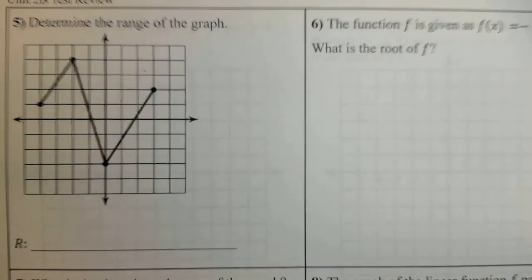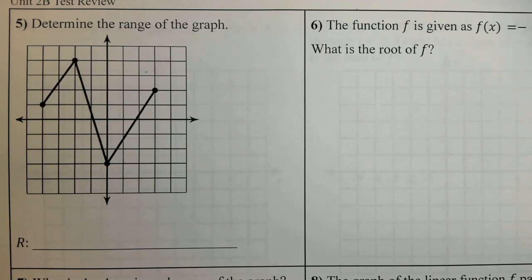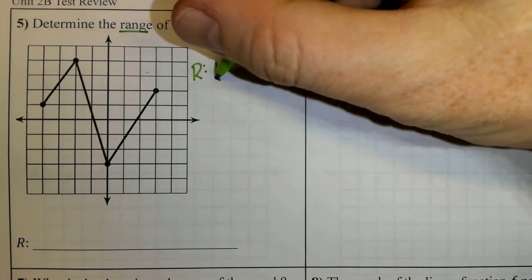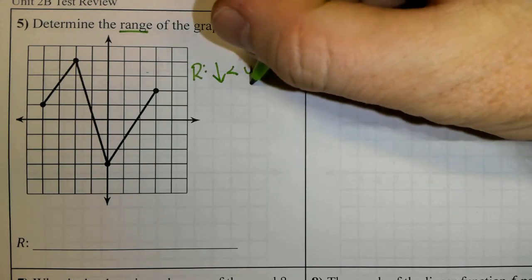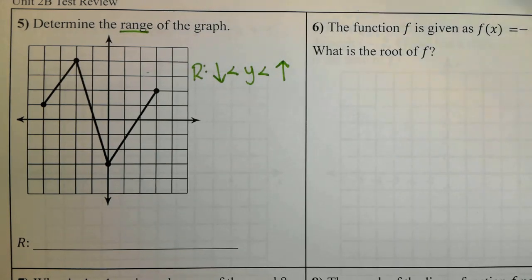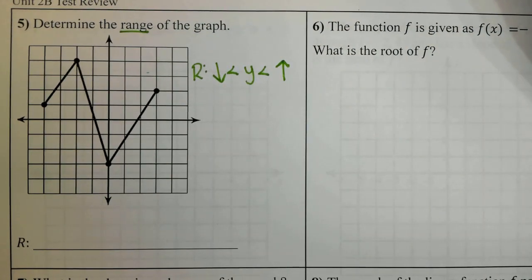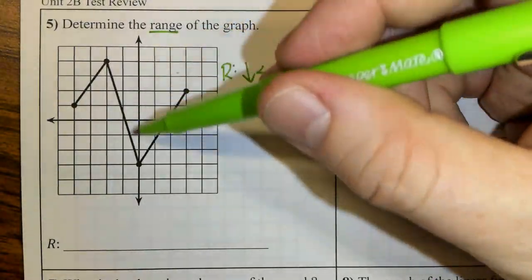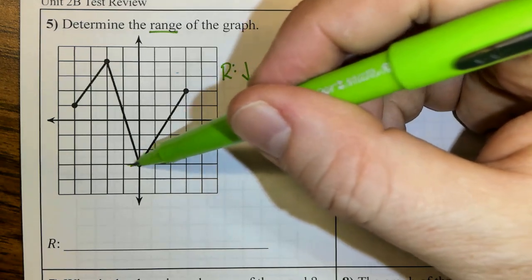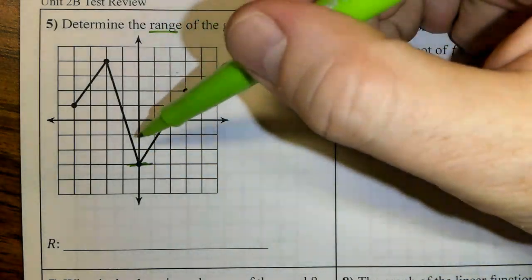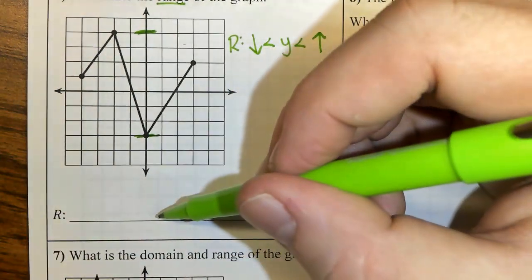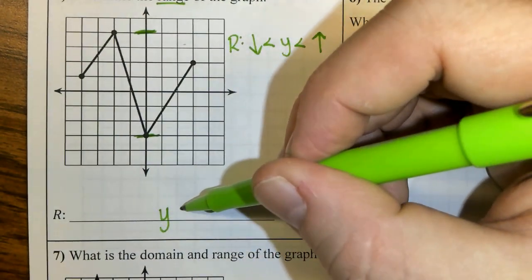So make sure if you're on the test to pay attention if it only asks for one, to which one you're doing. Because I want range, we know that range is the bottom of my graph less than y less than the top of my graph. So I'm going from the bottom to the top. Looking at this, the lowest point on my graph is down here, and the highest point on my graph is up here. So for my range, I know that it's y in the middle,